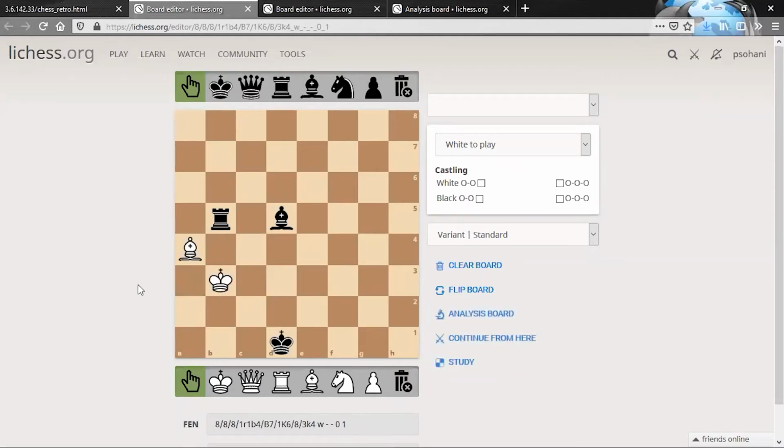But then the question is, how did this situation arise? How can black give this double check? The bishop cannot fly like a knight, so we cannot go from this position to this position. So if this double check was given, how can black possibly give it? And realize that there is no other possibility. The white king cannot be in any other position, because then the question is, how did white give this check at all? Because this bishop is restricted to this file. So then necessarily the only case is that white was here and he moved away.